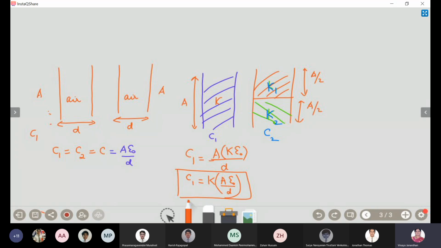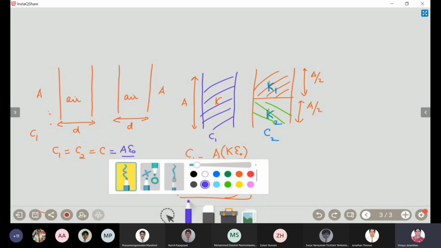Okay, now look at this. You have two capacitors. Now C2 has a combination of two capacitors. Now, what type of combination is this? Series or parallel? Parallel combination. So how will I go for that? I want to find C2. It's a parallel combination of two capacitances. Shall I write C3 and C4, or will you get it confused? Okay.